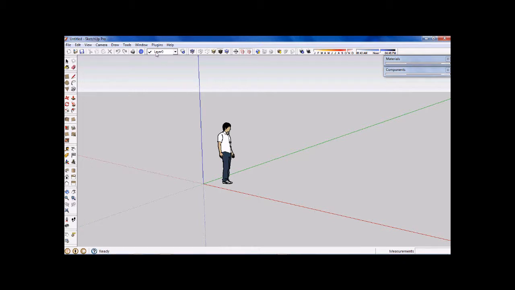Up the top here you'll see that we've got a drop down text box which allows us to drop down and select a number of different layers. At the moment you've only got one layer created. By default, when SketchUp opens up, it has a layer called layer 0, and so far we've just been drawing on layer 0. Layers is just a way of being able to segregate different parts, different components within your drawing